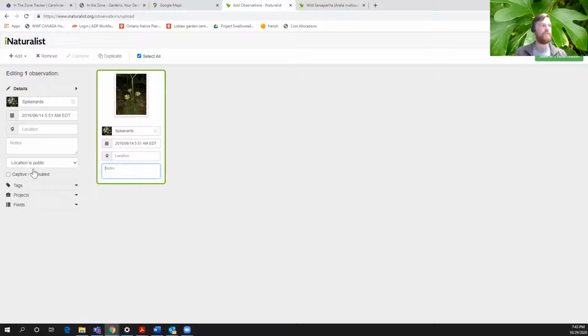Yes, that's true. Interestingly, this gets a little bit fuzzy in the work that we're doing because we are planting native plants. We're planting them in areas where they should be located. But yes, if you bought the plant, and you shouldn't be digging up plants from the wild, so if you bought the plant and you put it in the ground, or if you suspect that it was planted in a garden, you should click captive cultivated.